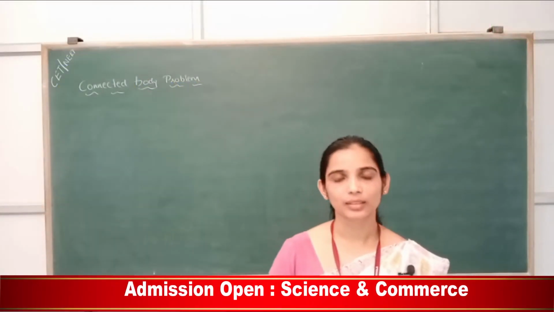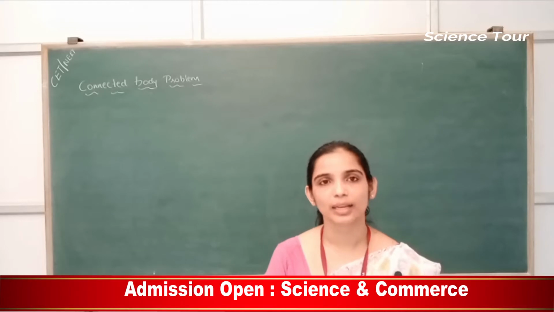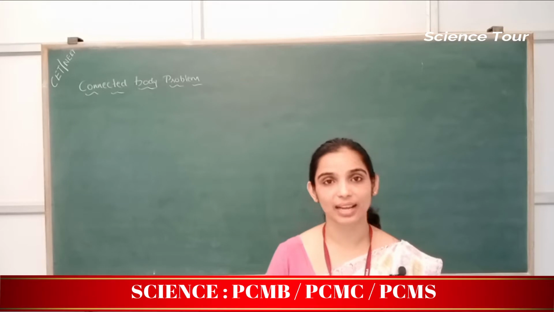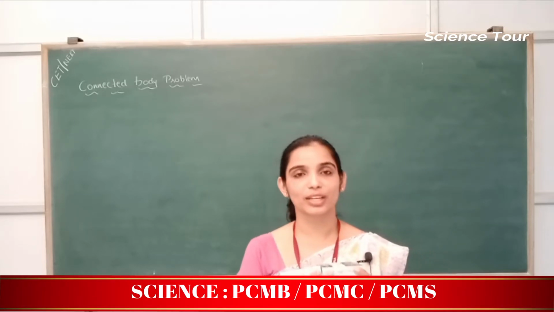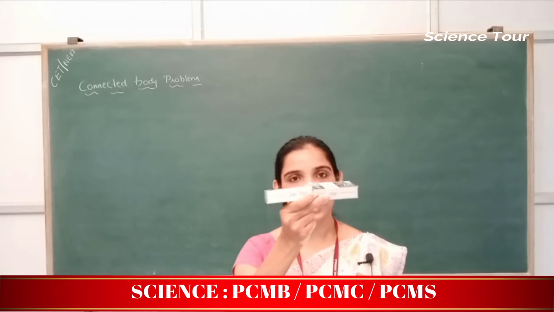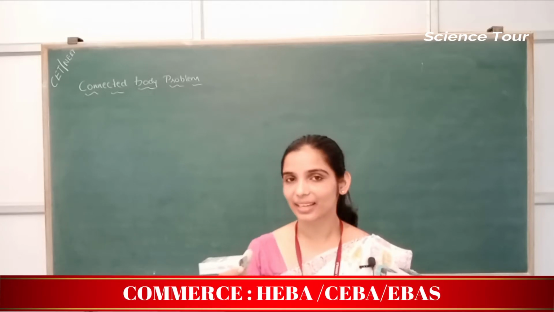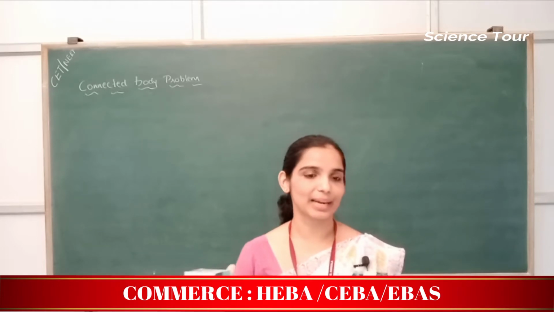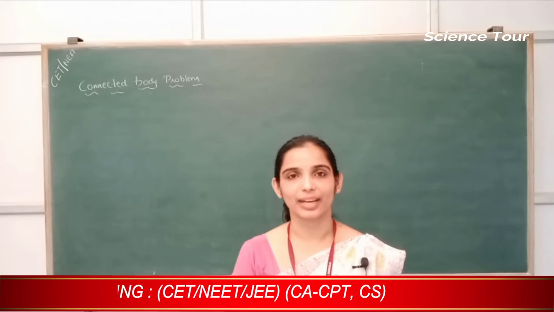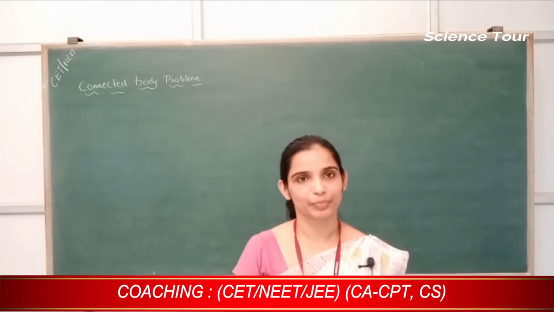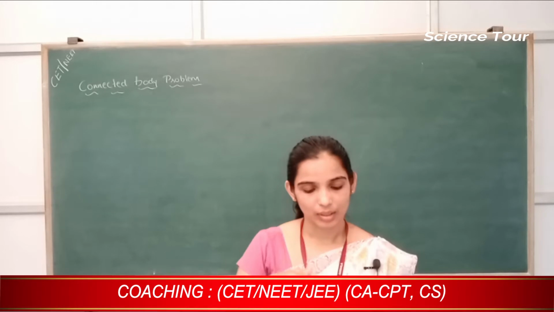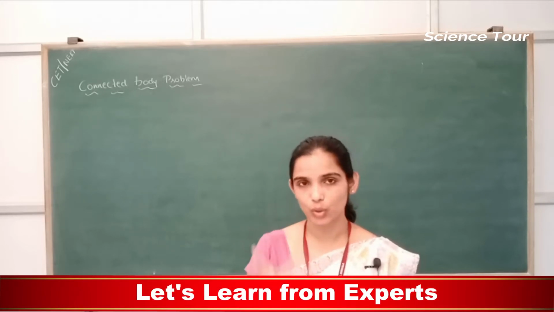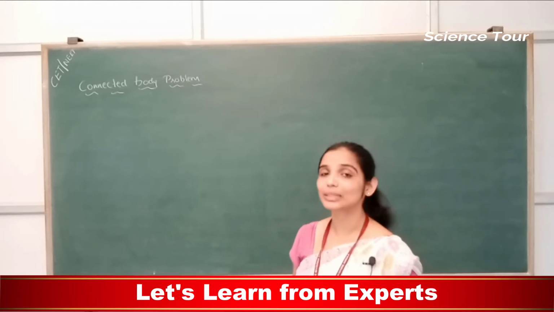Hello students, once again welcome to physics class. We are discussing the connected body problem, and in today's class we are going to discuss bodies which are connected this way, attached. When they are connected through a thread, rope or string, tension will be acting. When they are attached to each other, the contact force will be acting between them, correct? The contact force acts due to mass m1 on mass m2, and mass m2 on mass m1. So how do we deal with those problems?